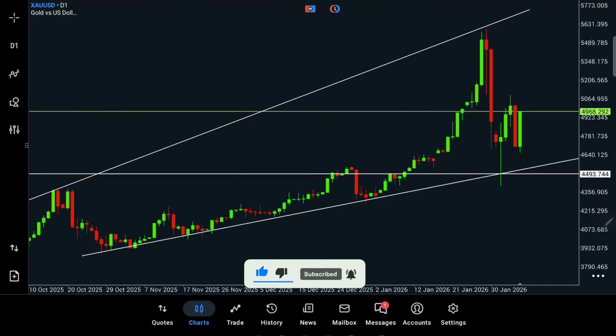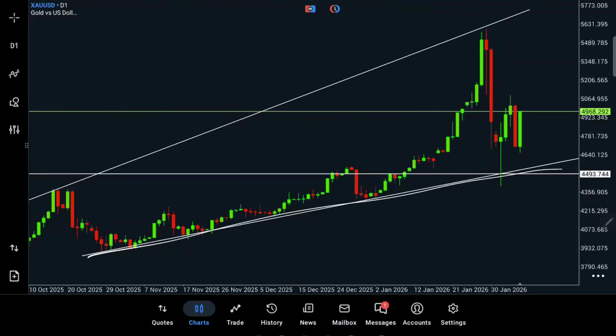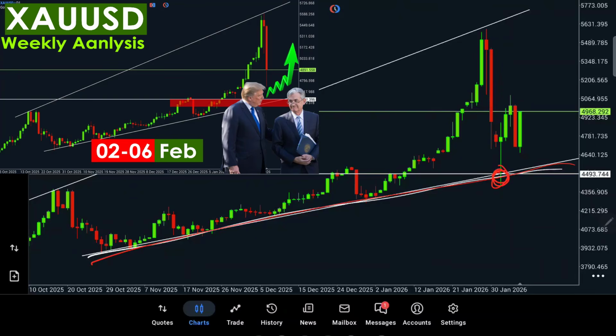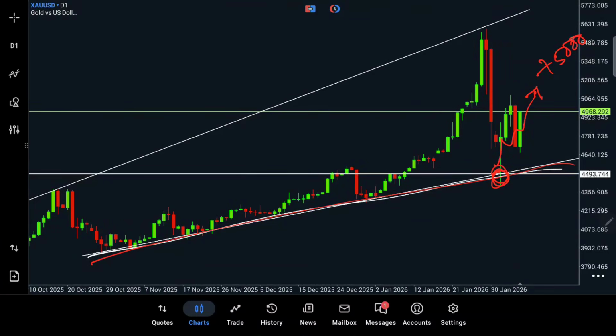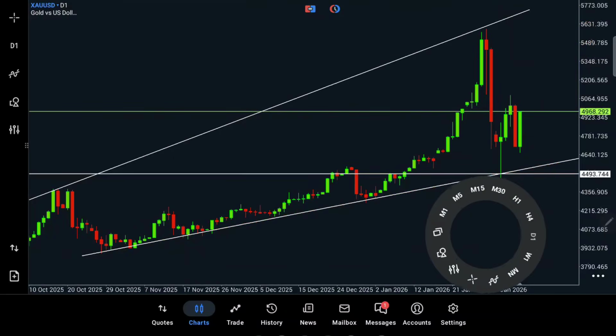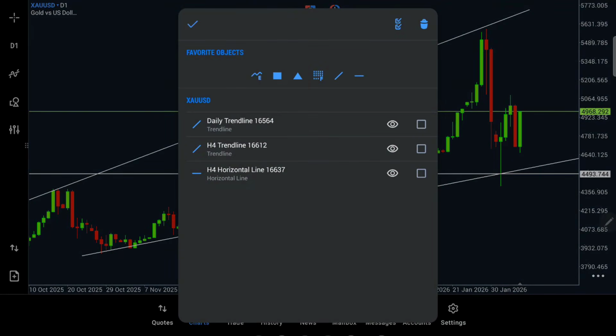Before we start, as you can see, there was our last week analysis. We told you that we can only take entry when it reaches that particular area. You can check our previous week analysis, and it exactly touched this particular area, and it flew up more than 5,000 pips from our last week analysis. That's why we encourage you to watch our full analysis, and we always prefer teaching more and more. So let's remove all of them before we start this week's analysis.